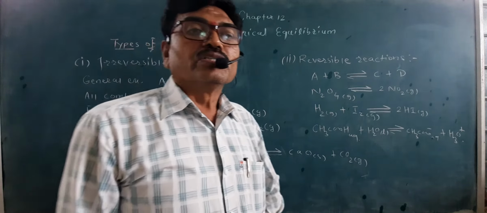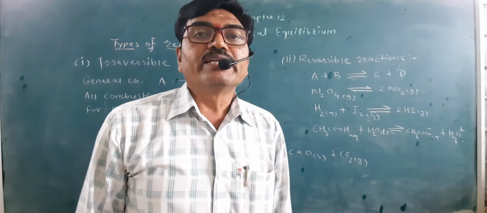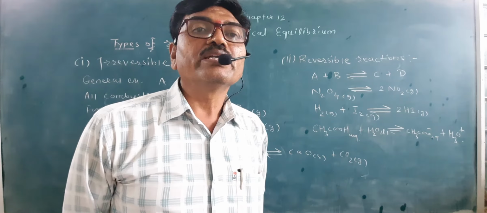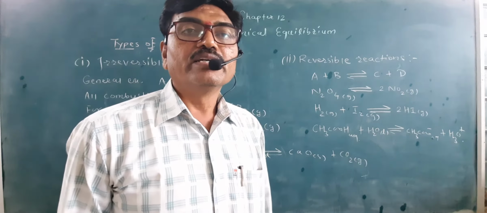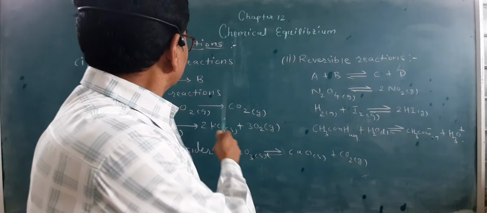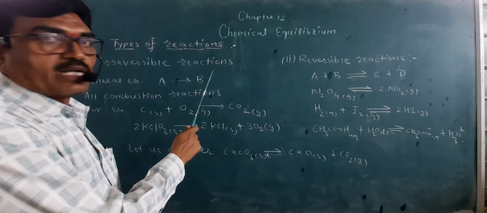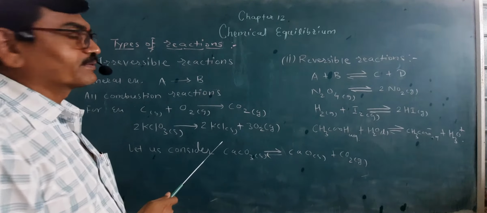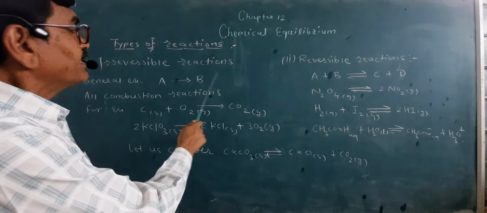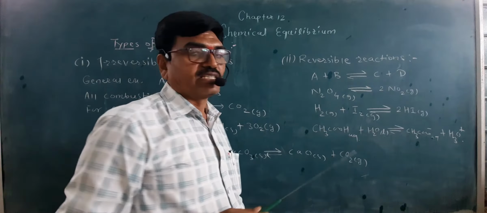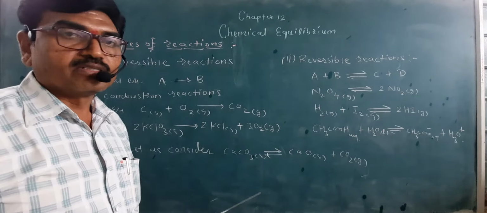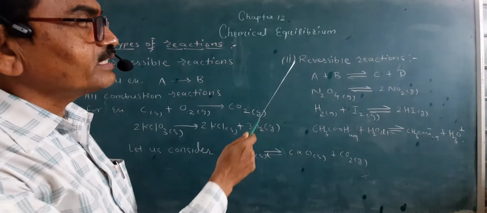So for this, see, there are two types of chemical reactions based on the direction of the chemical reaction. Depending upon the direction in which the particular reaction occurs, chemical reactions are classified into two types: irreversible reactions and reversible reactions. So, see first what is meant by an irreversible reaction. This is the opposite of the reversible.